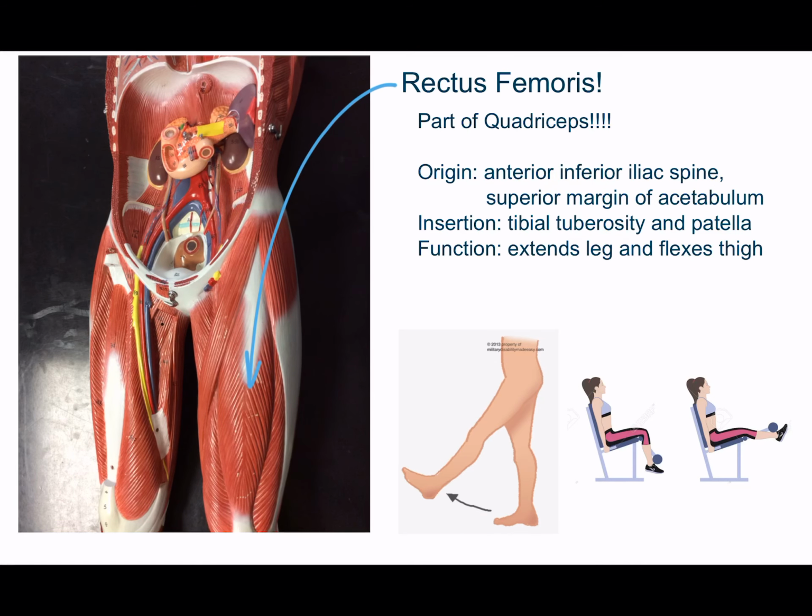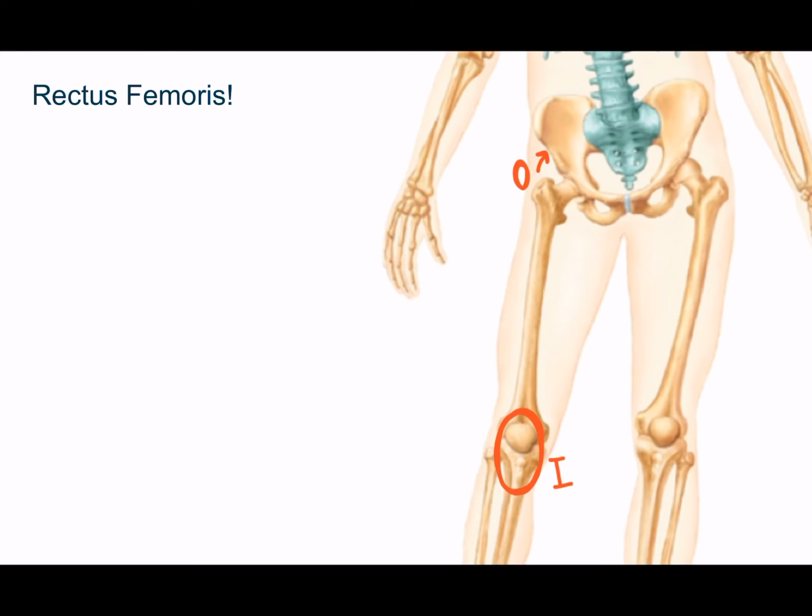The rectus femoris is part of the quadriceps. It originates on the anterior inferior iliac spine and the superior margin of the acetabulum, which is your hip socket. It inserts on the tibial tuberosity and the patella. Its function is to extend the leg and flex the thigh, which makes sense if you think about it shortening. It's going to bring your knee up